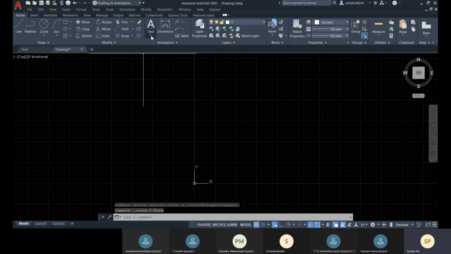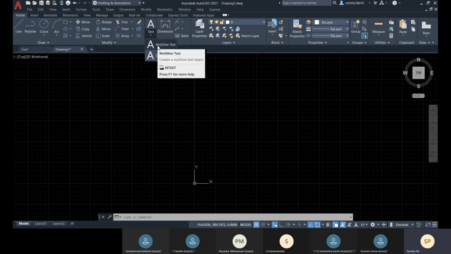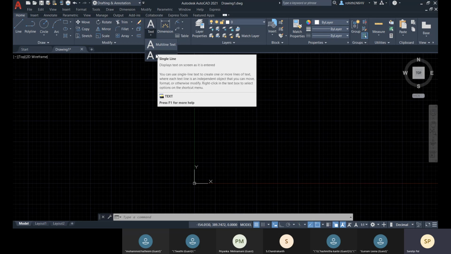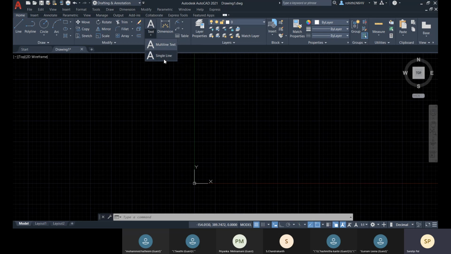Okay. Then we have text. We can place text. Multi-line text and single-line text are the options. What is multi-line text and what is single-line text? When you add multiple lines, either all the lines can be taken as individual objects, or all the lines within a single command can be taken as a single object.